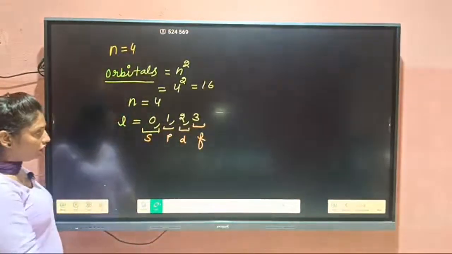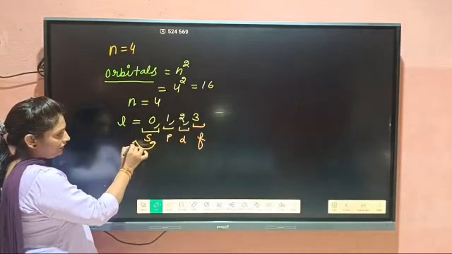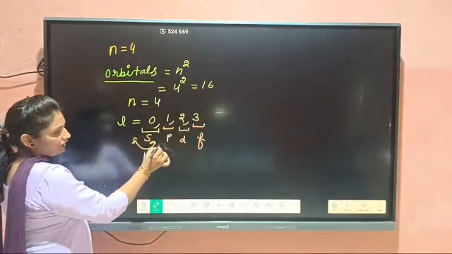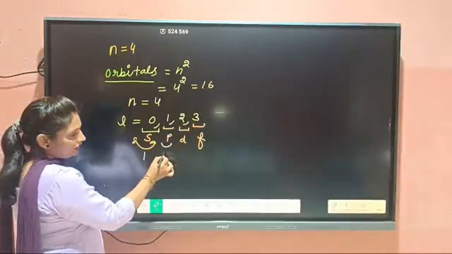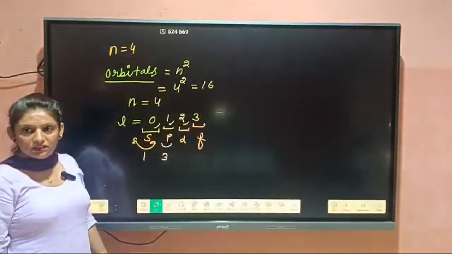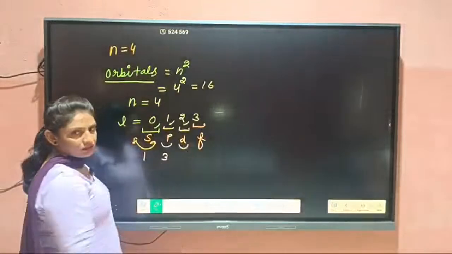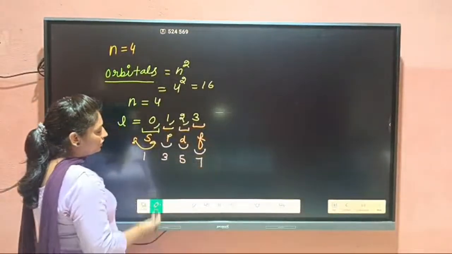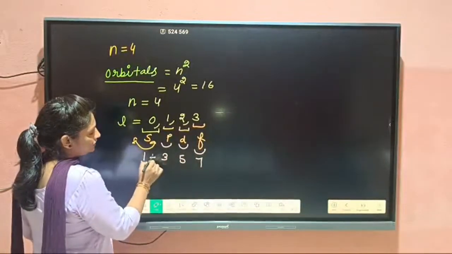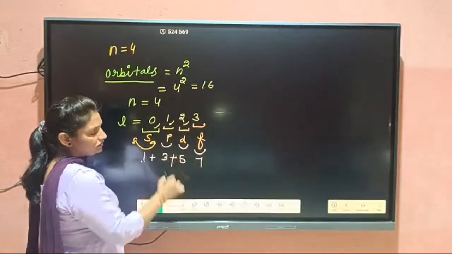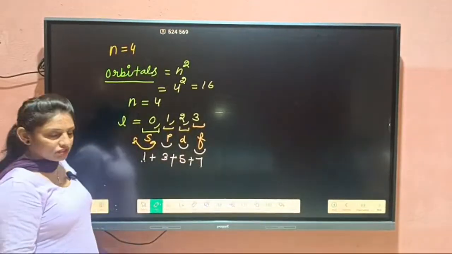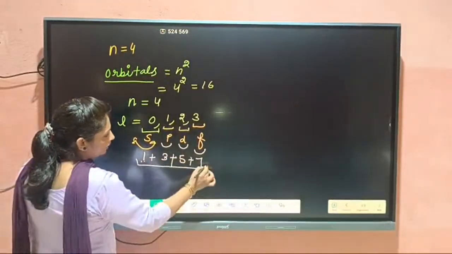You know very well how many orbitals are present in s: there is only 1. In p there are 3, Px, Py, Pz, in d 5, and in f 7. So total 1 plus 3 is 4, 4 plus 5 is 9, 9 plus 7 is 16. So there are total